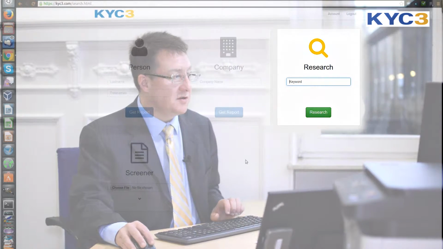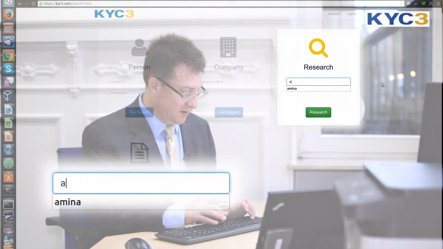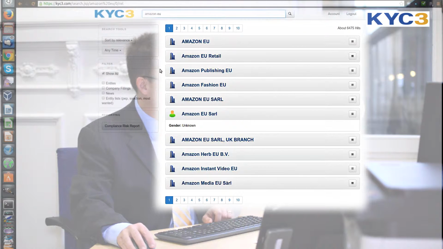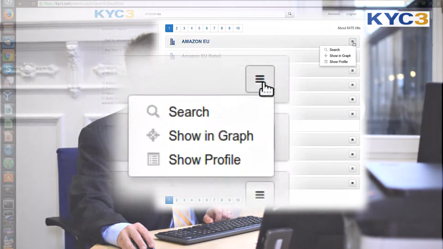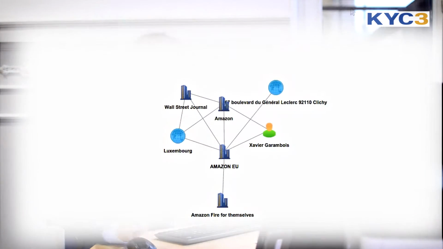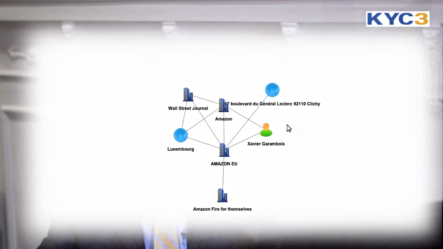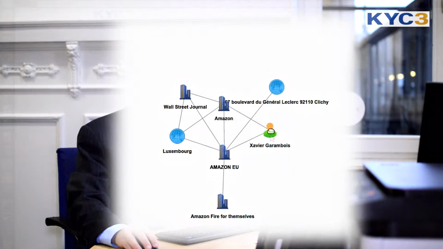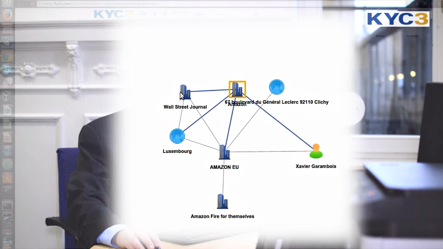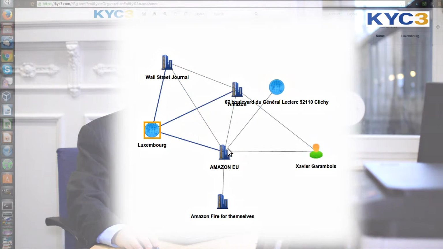In this video, I'm going to show you how to use the graph. To use the graph, you normally start with a search. Let's say we want to look up Amazon EU. We get the results. These are mostly entities. Here's Amazon EU. Then you use this button right here to click Show in Graph, and we can pull up the details of Amazon EU in the graph and see what's there. There's a person, a couple of addresses, not very much, and a newspaper that reports Luxembourg, so we know there's a